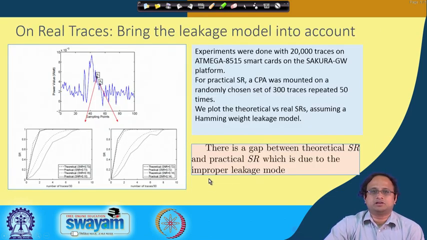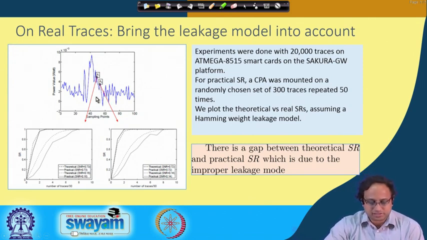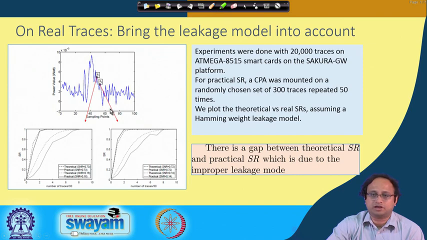So let us try to look into a real trace. In this case, interestingly, this is an Atmega experiment which has been performed. Several traces have been taken, from a large number of traces, and we have randomly chosen a set of 300 traces and done this analysis. We have highlighted here 2 points, P1 and P2, to show that there are 2 different points in the power trace graph, okay. And then we do this analysis, okay.